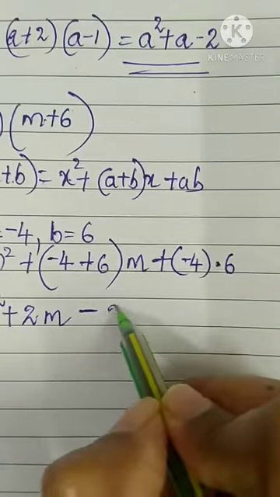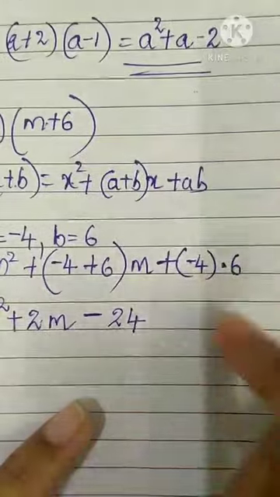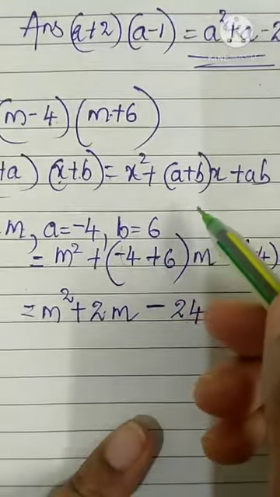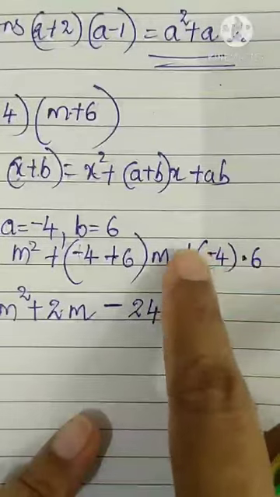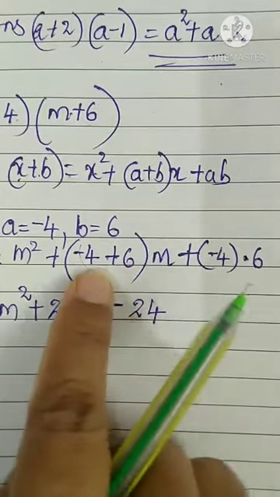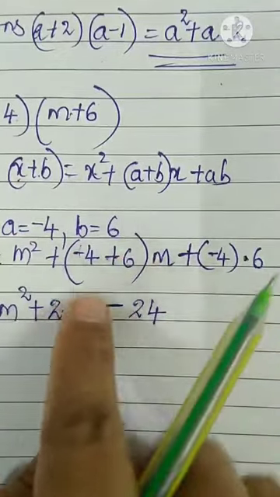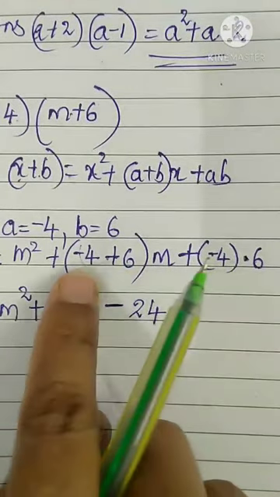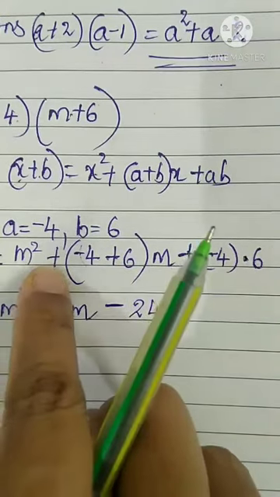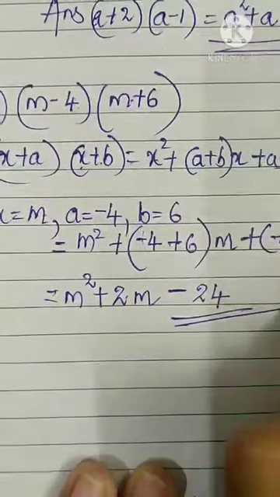6 4s are 24. Okay? When you multiply, you don't put the sign of the bigger number. You put the sign of the bigger number when you are adding or subtracting. In multiplication, you will directly do plus into minus is minus. So that sign you will put. When you are adding or subtracting, you will see minus into plus minus. So I will do subtraction. 6 minus 4 is 2. Then I will see which number is bigger. 6 is bigger. 6's sign is plus. And here already plus and plus will be plus. So you have this as the answer.